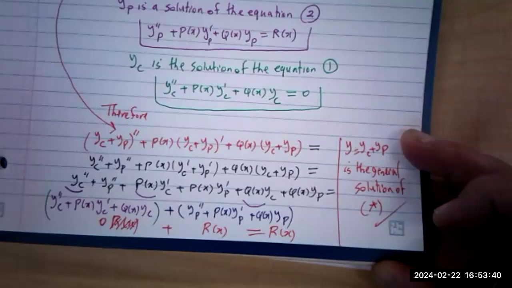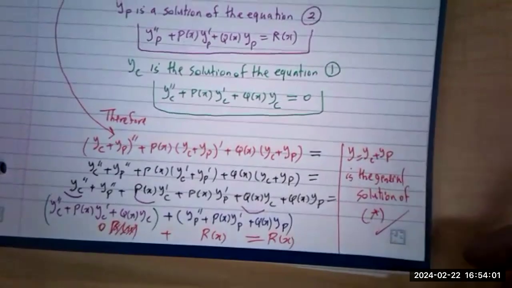So what we are going to do, we cannot rush to find them. We have more to do, so we are going to divide this into different parts. In the first part we are looking for yc, and in the second part we are going to look for yp. I give you a break now. You come back, we work on yc first, and then we come back and talk about yp. So we focus on the solutions of the